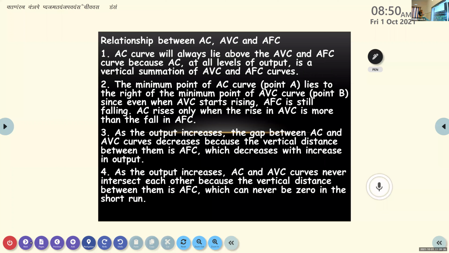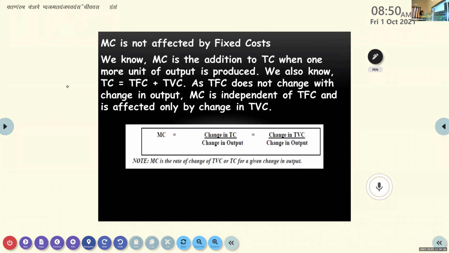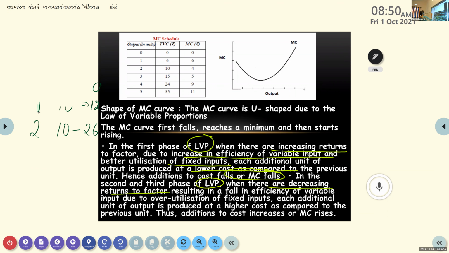Who can say? First employed. With the second input, what happened in the output? How much has it increased? Calculate and say first. Whether there is any increase in the output? Yes or no? If you're keeping quiet, how will I understand?